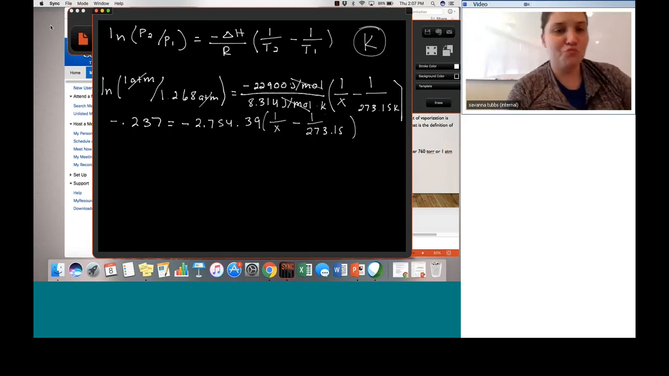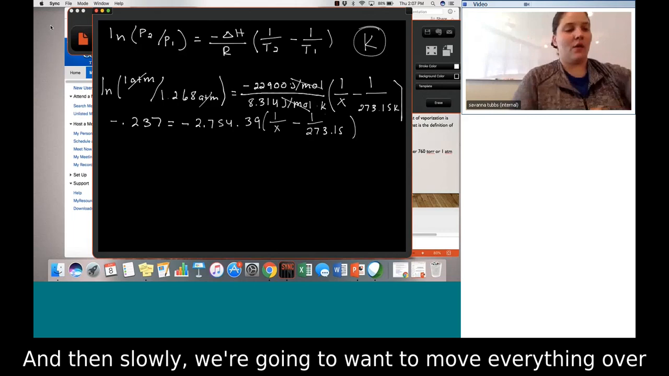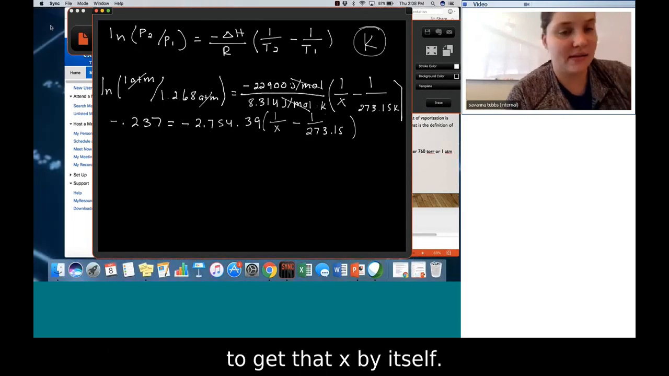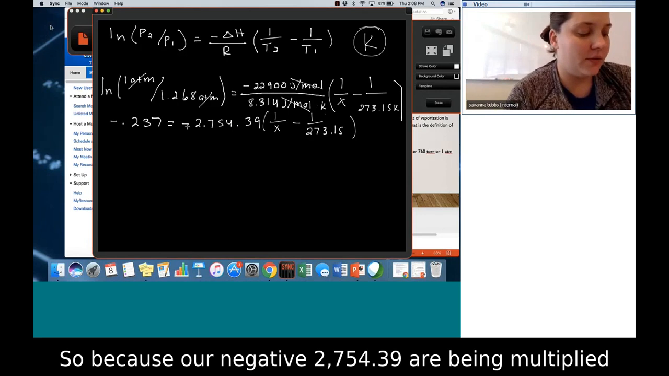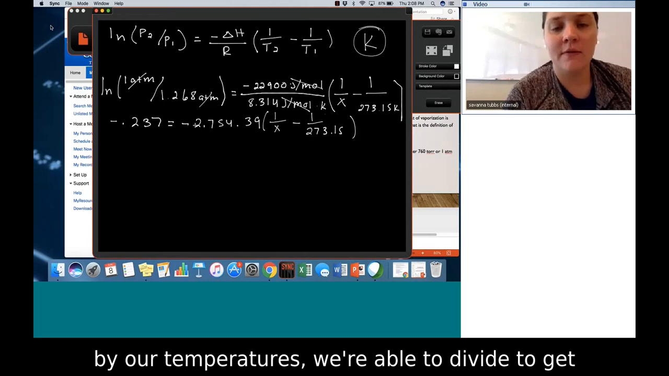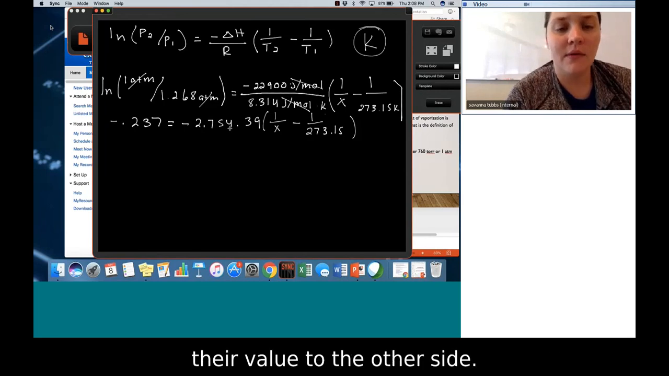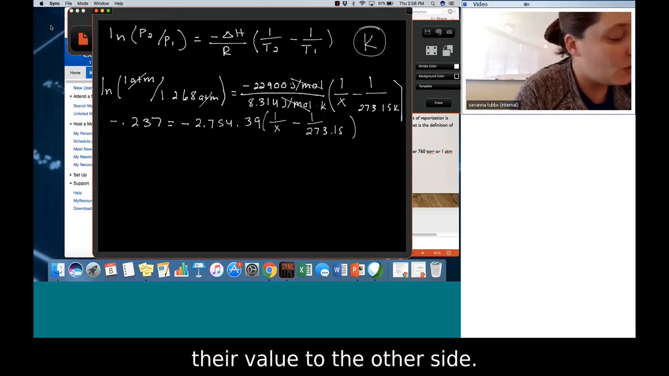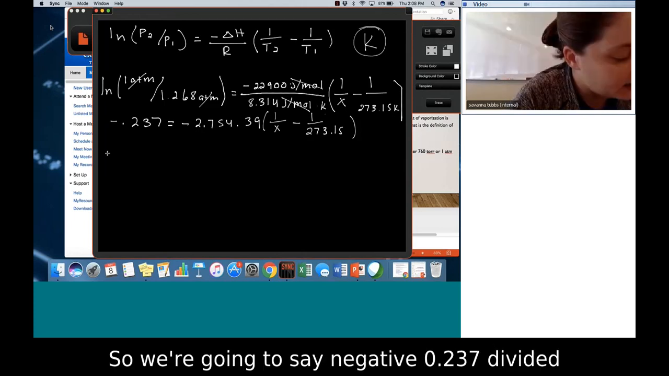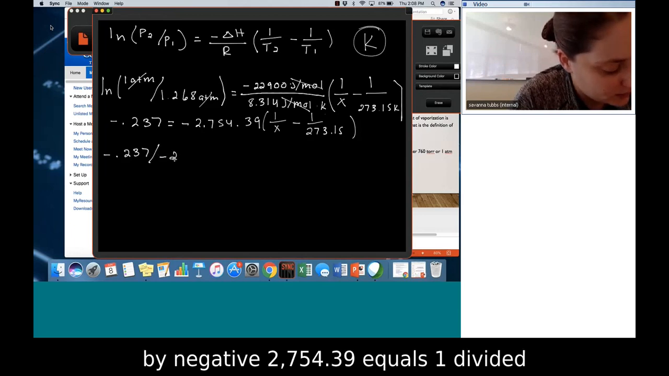Okay. And then slowly we're going to want to move everything over to get that x by itself. Because our negative 2,754.39 is being multiplied by our temperatures, we're able to divide to get this value to the other side. So we're going to say negative 0.237 divided by negative 2,754.39